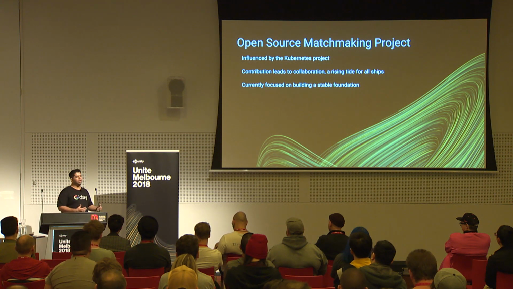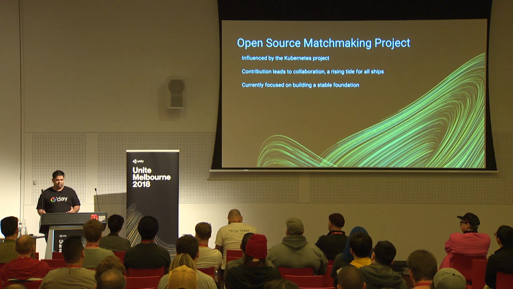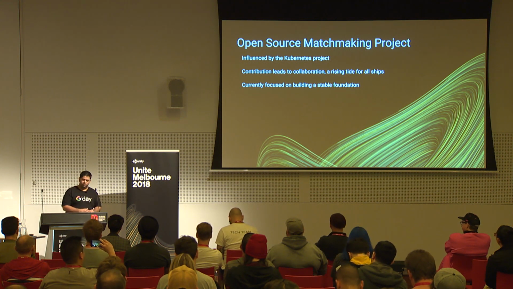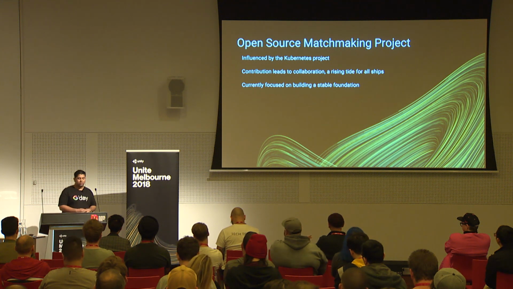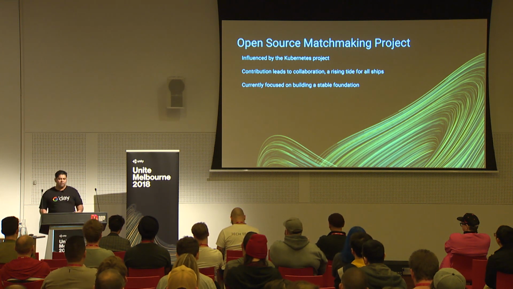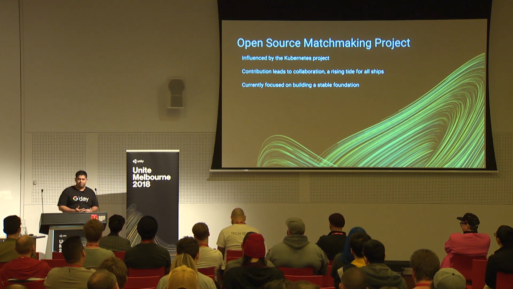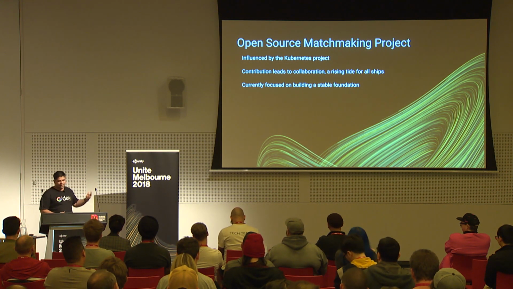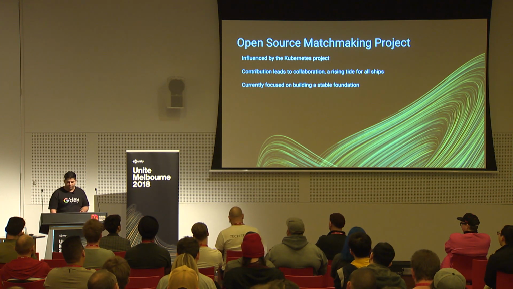And we can all start to tackle the more challenging parts of finding the best matches earlier in our game's life cycles. So whilst I said we've published the source code, we're still in alpha. Not everything is there yet. We're in active development. And we're working currently on building a foundation. So this is a great time to stand up an OpenMatch cluster and tell us what you want prioritized in the roadmap.